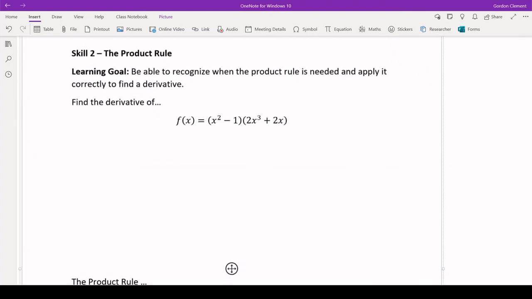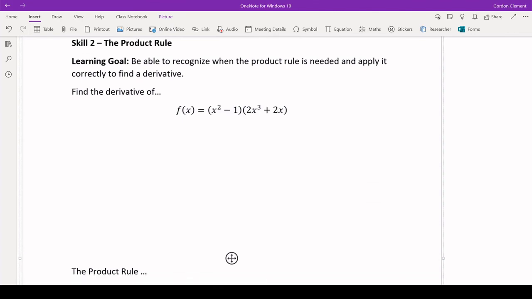Okay, so we're going to quickly look at our next sort of major important derivative rule, which is the product rule. So what the product rule is, it's used whenever you have a function multiplied by another function. So we see that going on here. We have x squared minus 1 multiplied by 2x cubed plus 2x. So one might think